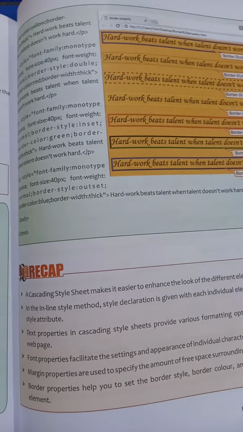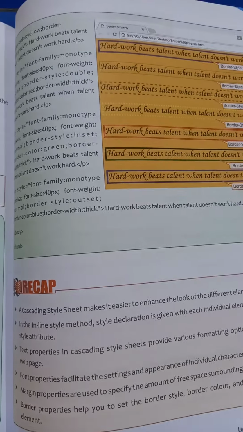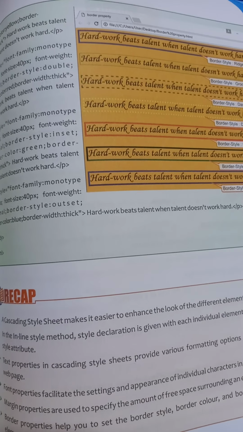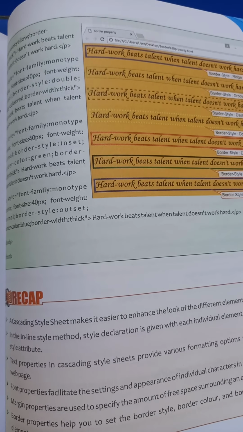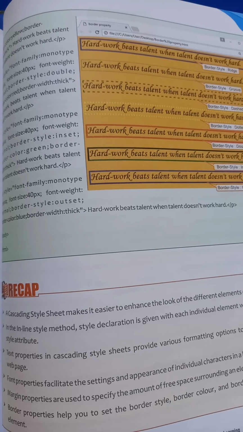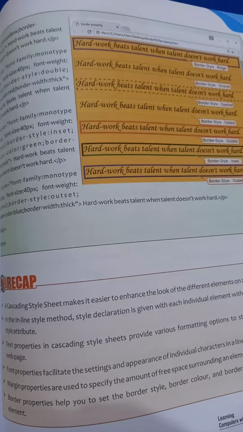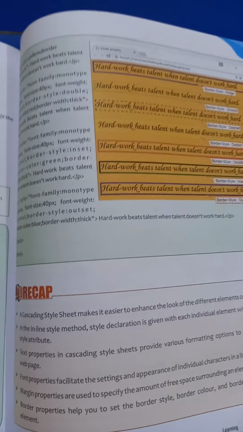So this is all about CSS. The meaning of CSS is cascading style sheet, and it is basically used to create different types of layouts of your web pages. Please read the entire chapter properly so that you can easily understand the basic criteria that we have to follow when we are making web pages.